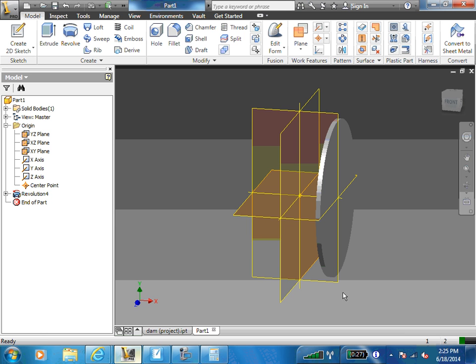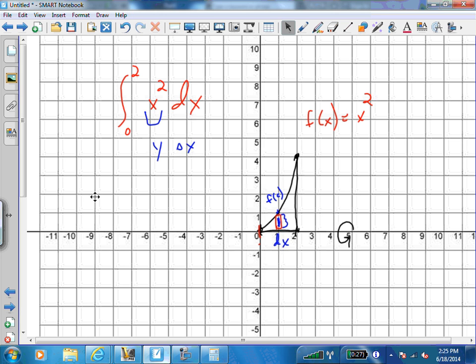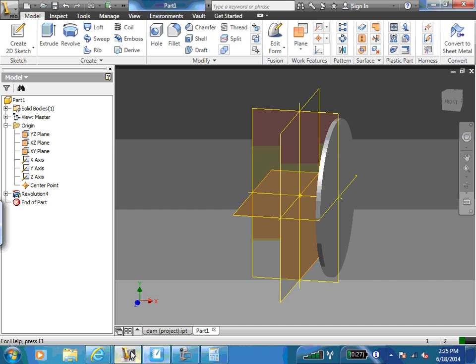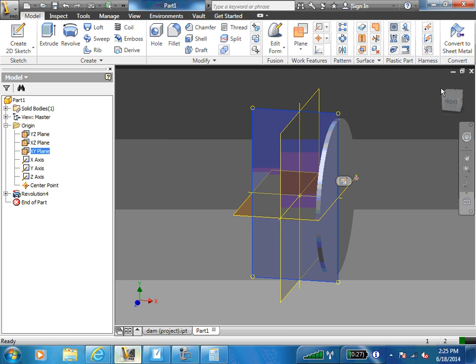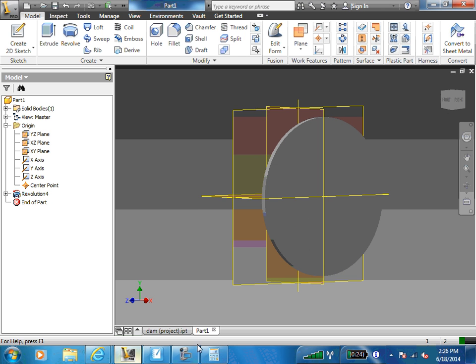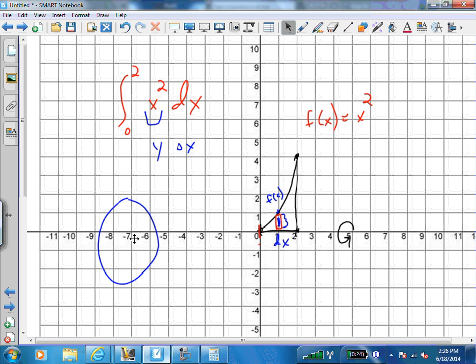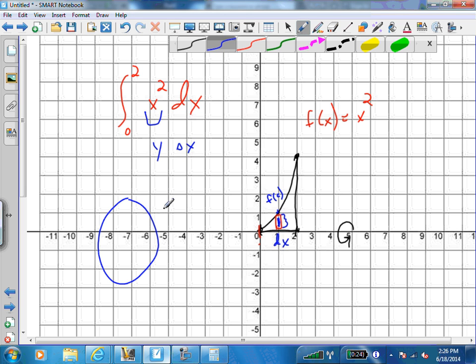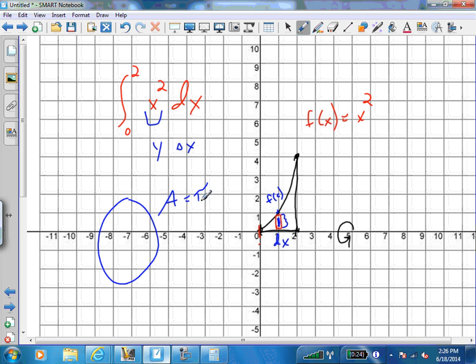The volume of that disk. If we think about our disk, what shape is that disk? The cross section is a circle. How do you calculate the area of a circle? That circle has a thickness. We call that thickness